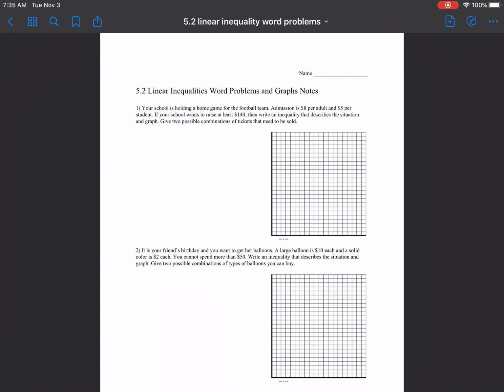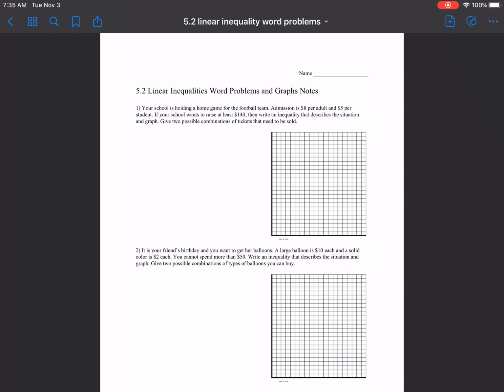Hey guys, so these are your 5.2 notes, and we're covering linear inequalities, but we're doing it with word problems this time. So very similar to what we did in 5.1, where you'll have to solve your equation into slope-intercept form, except this time it will not be an equation, it'll be an inequality. And then you'll graph it, same way as we were working on, with the y-intercept, as well as counting out